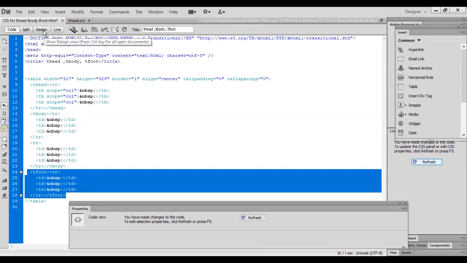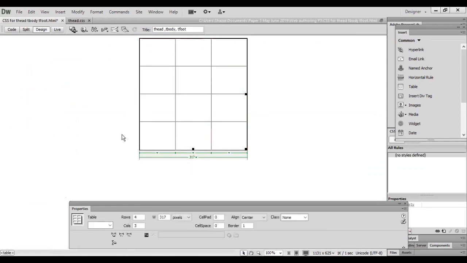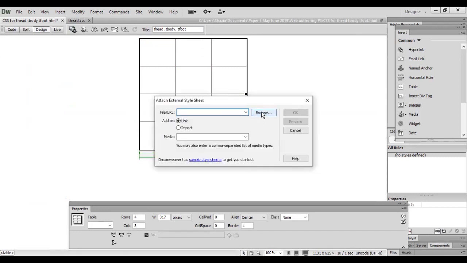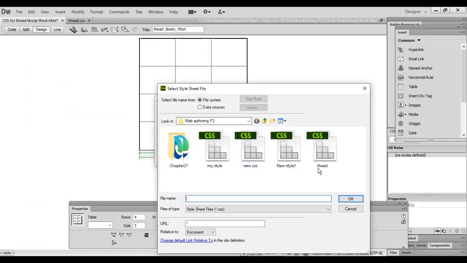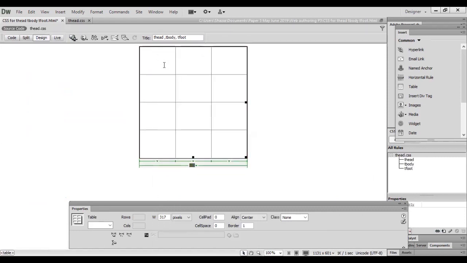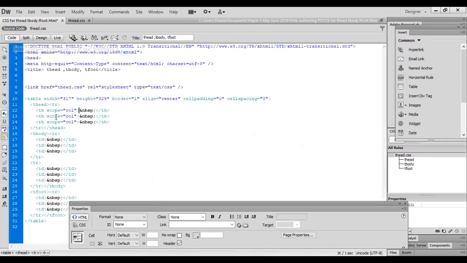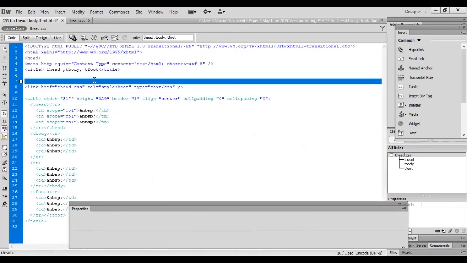If I click on this, this is my area, and let's attach the file, this file with this T head. Okay, now how would I know it has been attached? Come back to this area, the linked file.